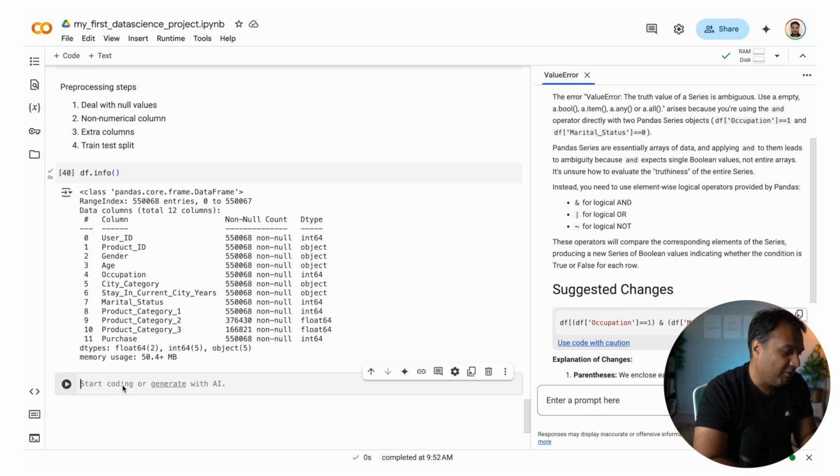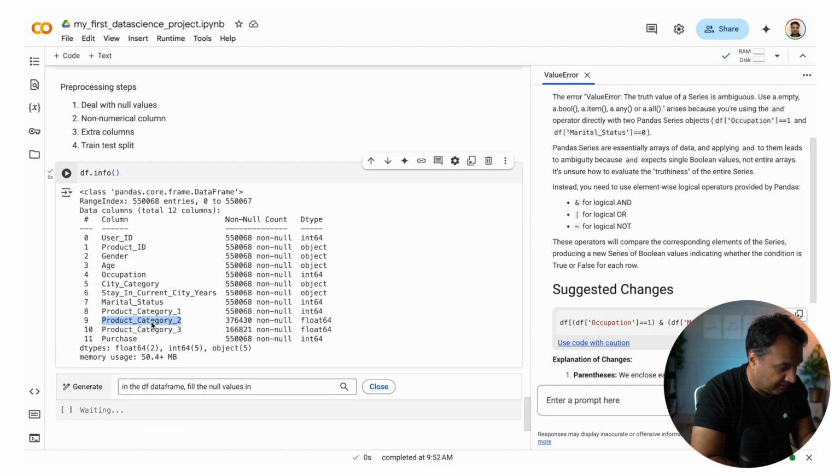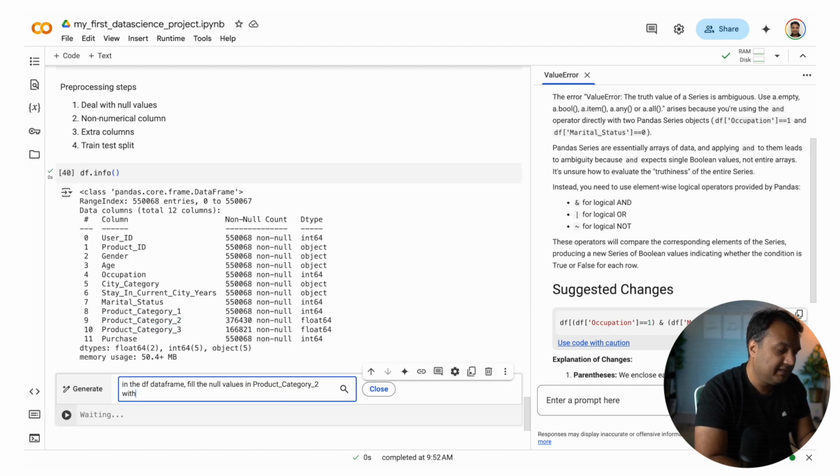So what we are going to do is select that column and ask pandas to fill those null values. How? Let's see. Let's ask AI to do it. In the df data frame, fill the null values in product category 2 with, so we have to come up with some value which we can distinguish, so that we know that this value is basically null, but it has to be a number.